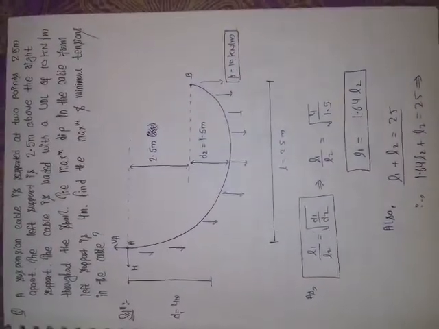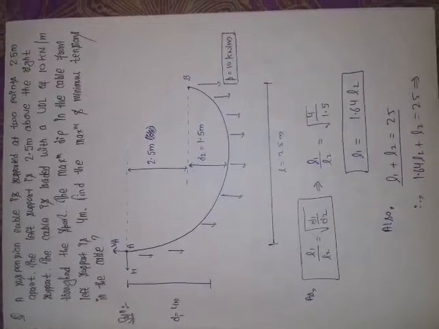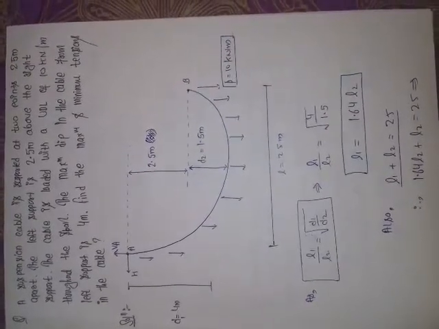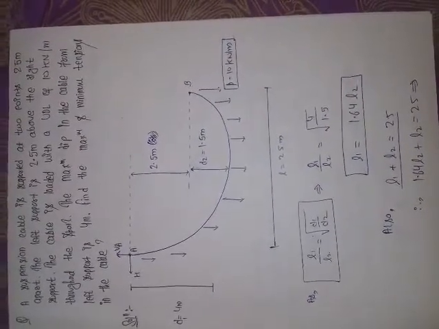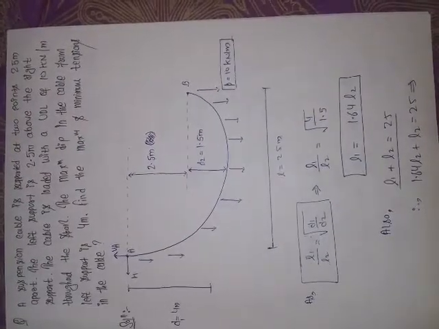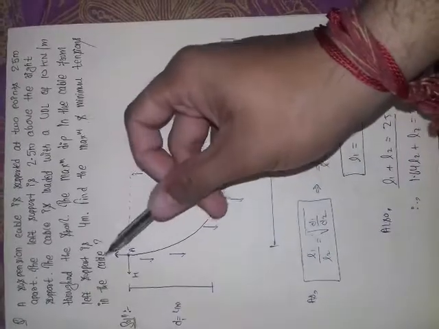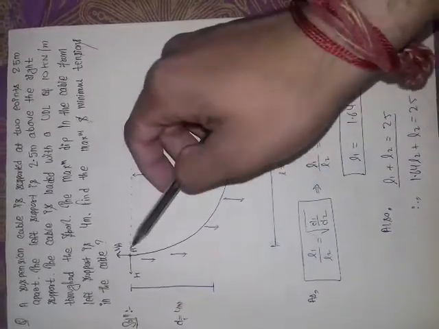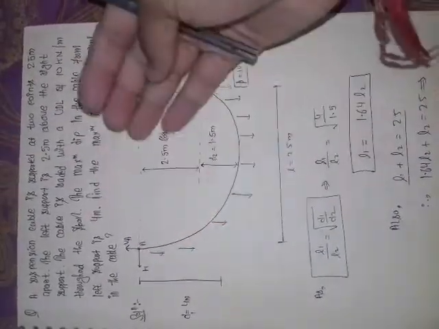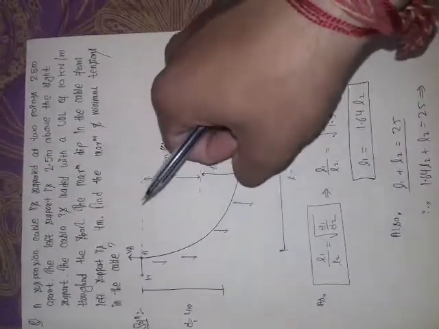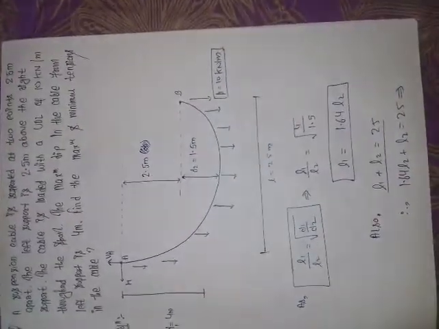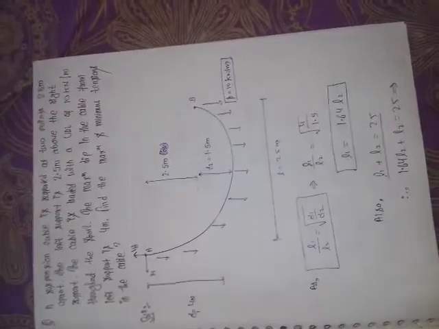In the yesterday class, I took an example of how to calculate the maximum tension in the cable with supports at the same level. Now in this video we have to calculate the maximum and the minimum tension in the cable which are at different levels, that is, springing at different levels. Before proceeding with this example, let us recall the basic formulas for springing at different levels.